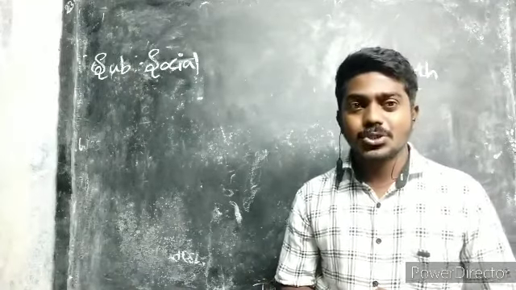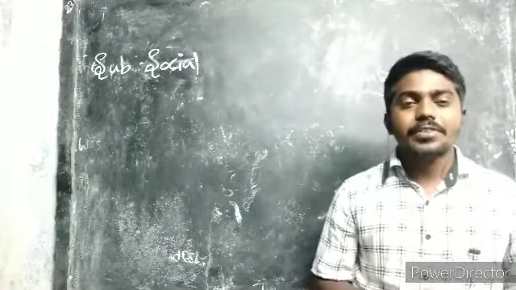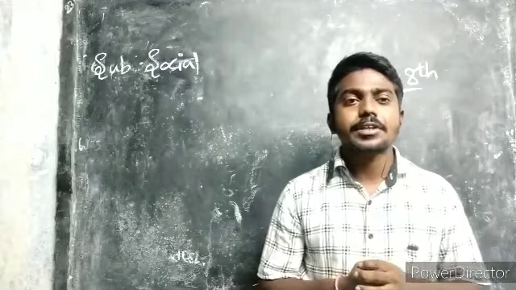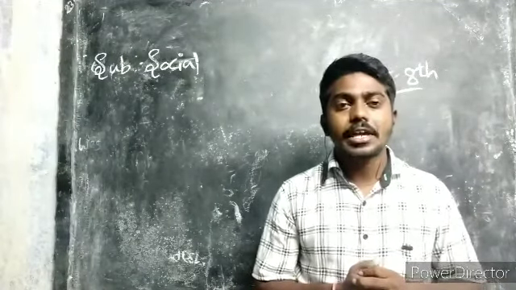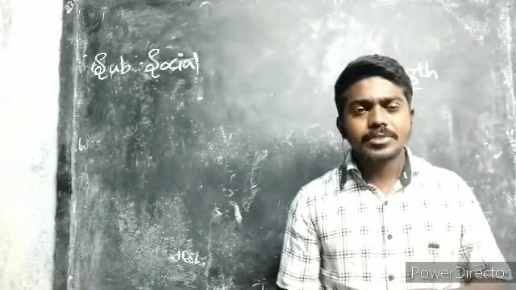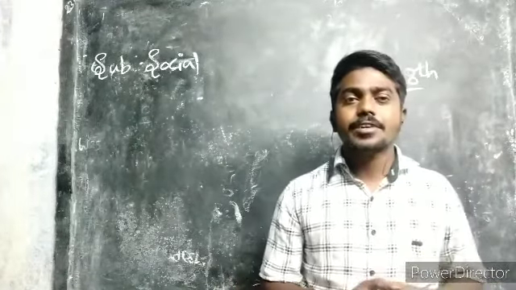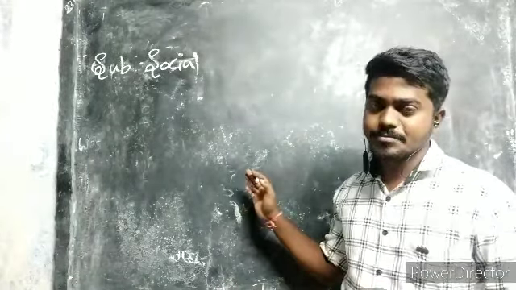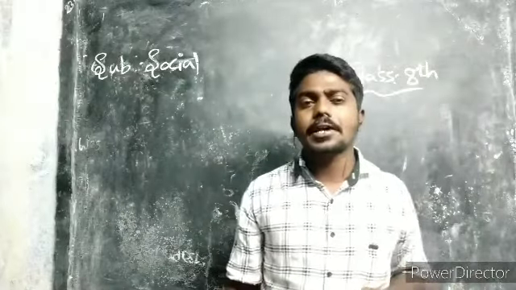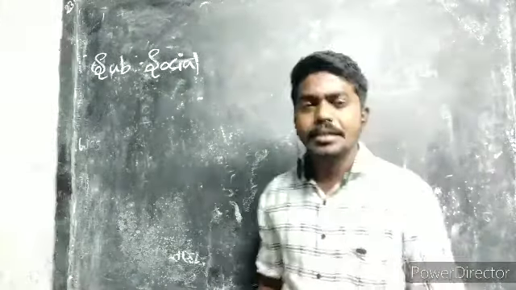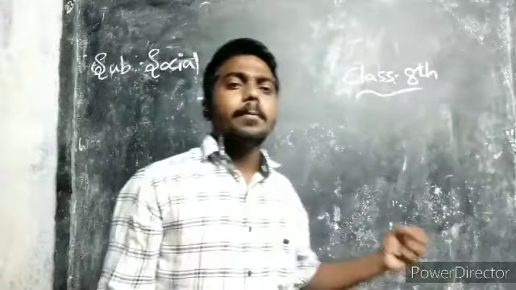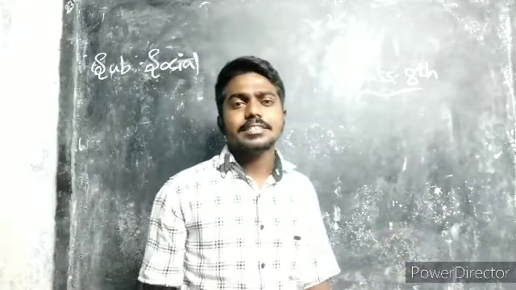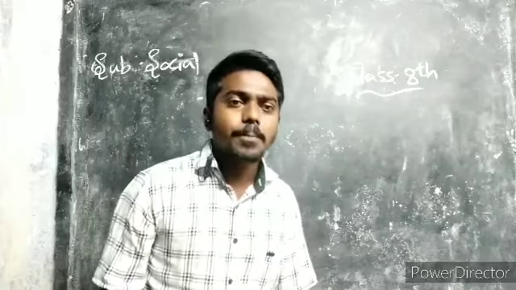Okay, coming to our social studies, in the last chapter, we discussed the thematic maps. Before learning the thematic maps, we discussed the physical maps and political maps. What is meant by physical map? A physical map shows the physical divisions of plains, plateaus, mountains and rivers. And we also discussed the political map. What is meant by political map? It shows the political divisions of villages, mandals, districts, states and countries. This is about the political maps.